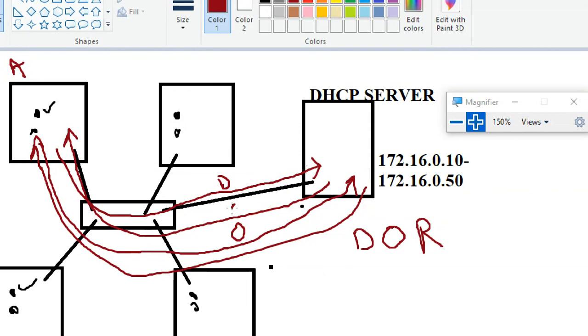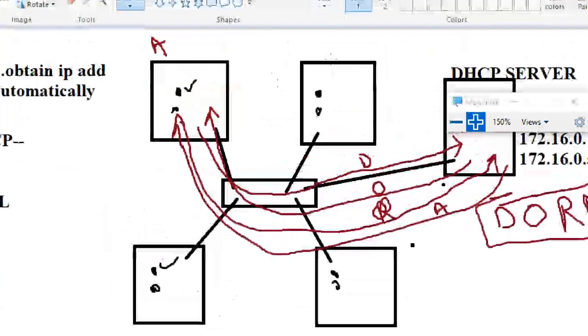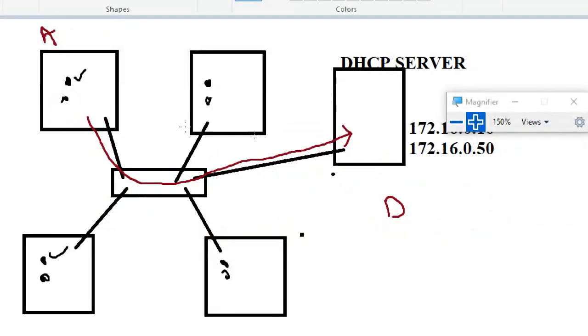So discover, offer, this is request, and finally acknowledgement. This is called a DORA process. Discover, offer, request, acknowledgement. So this is the process of DHCP. Again, I'm going to repeat from the start.